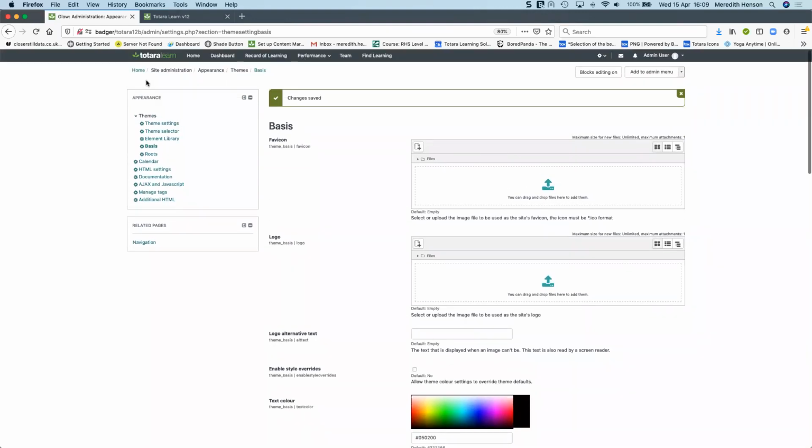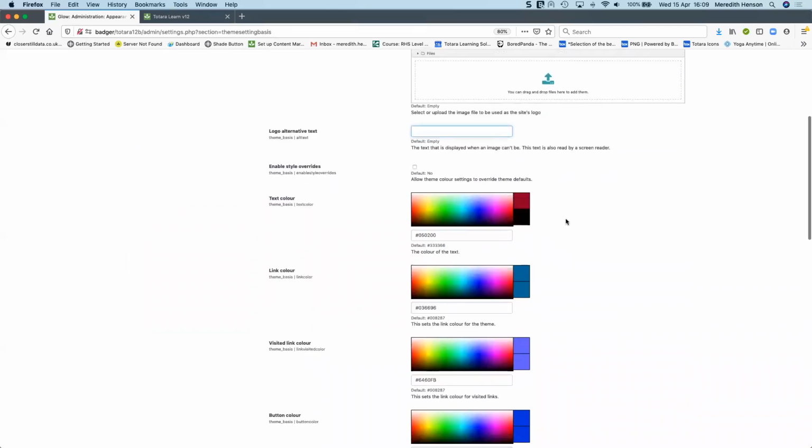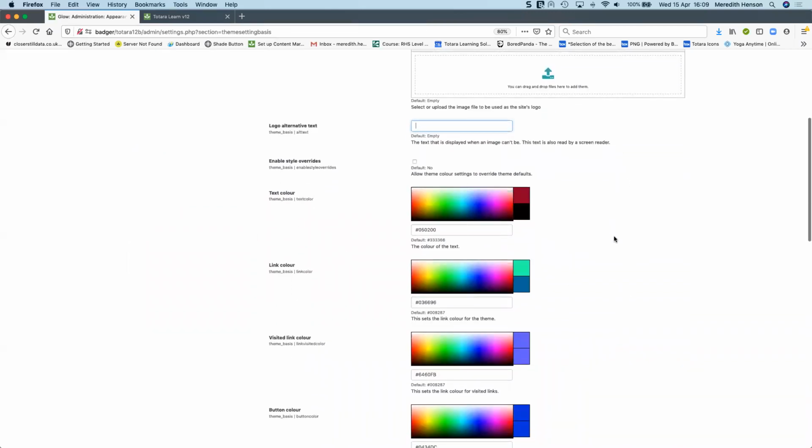So the favicon, that is the icon that is displayed in your browser bar. You can again upload that so it's a custom image. You can do it by drag and drop, or you can browse and add. And then you can have an alternative text if you hover over your logo. Now, there are a huge range of different options here. So